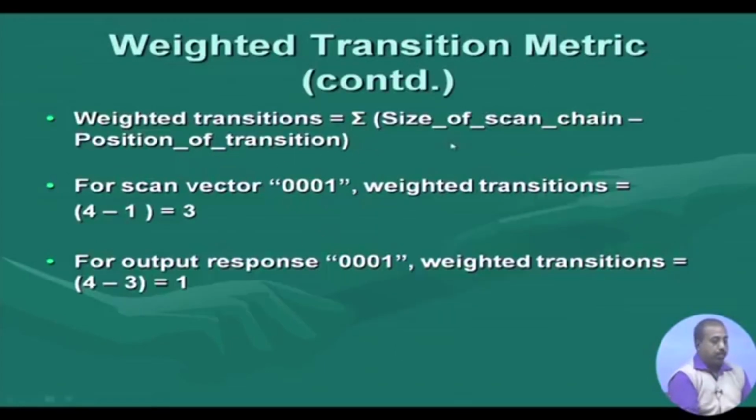Now, weighted transition is computed as size of scan chain minus position of transition. If this is the test pattern that we are going to shift, this transition is occurring at position 1, so it will be affecting all the 3 flip flops. That is why weighted transition is computed as size of scan chain minus position of transition. So 4 minus 1 equals 3. If there are more 1s here, then of course those transitions will also be added. In fact, in the previous example that we were considering,